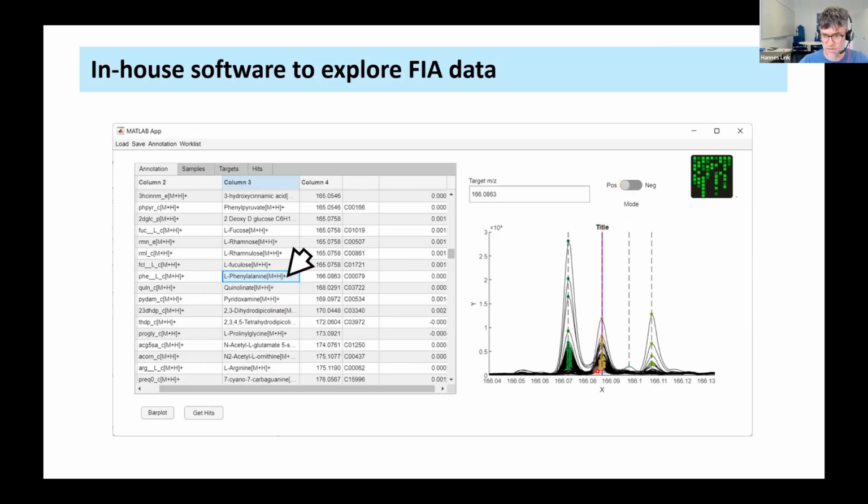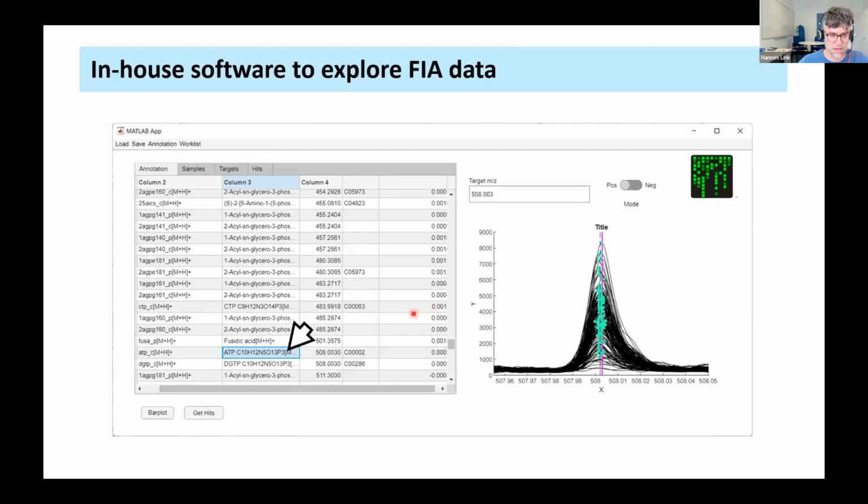And then the dashed line, you see this common mass to charge ratio. And in this case, it fits very well with almost no difference in the mass. That's what you see in this row here. And then you can scroll through the table here. Just one other example: this is ATP. And here you see all the peaks of ATP in that sample of 250 strains.